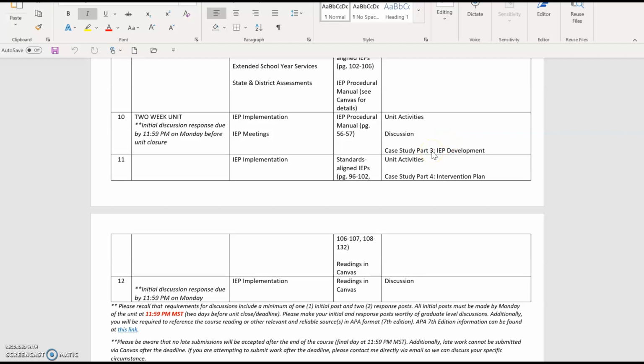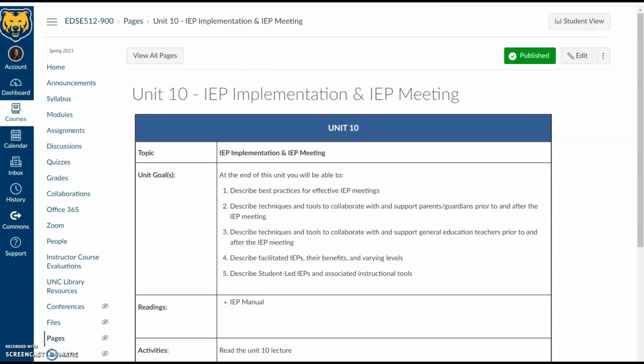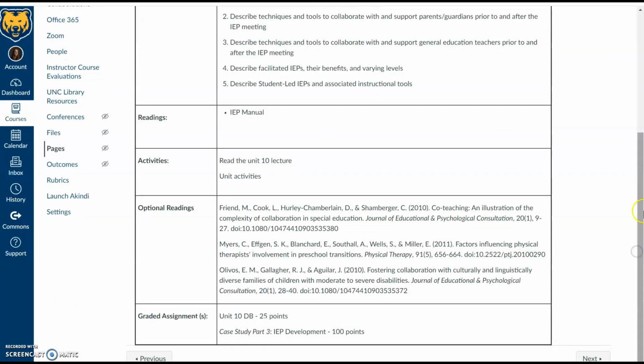And in my opinion, this is one of the most significant and largest assignments for our course. It's also one of the most important and valuable practice opportunities. So plan ahead, get started on this as soon as possible, and then you can get in touch with me with any questions and reach out to your colleagues on the discussion board as well. So for Unit 10,